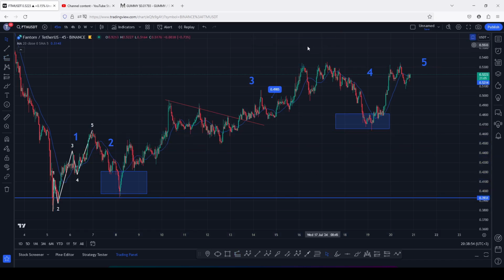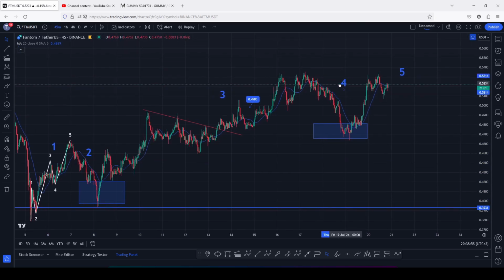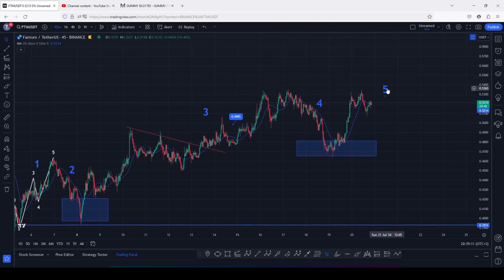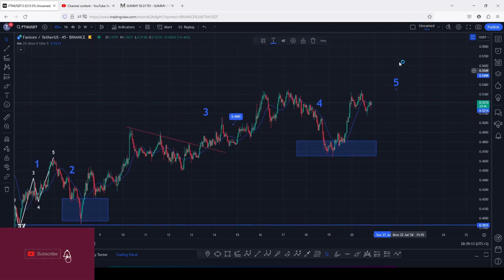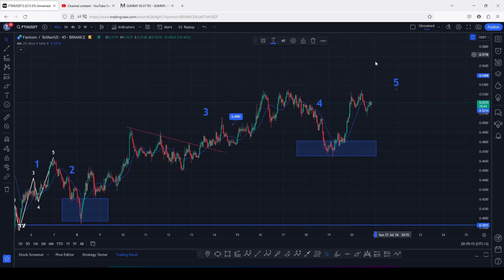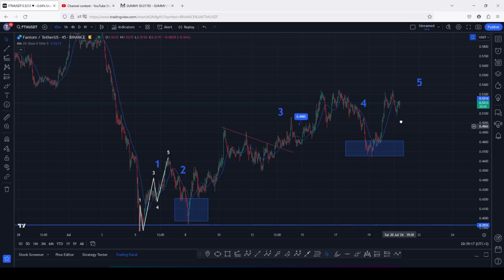And after we topped in that Elliot wave count 3 we saw a bit of a breakdown move in an Elliot wave count 4 into the minimum target areas for this fourth wave highlighted on the charts, and I now believe that we have now bottomed out in this Elliot wave count 4, and whatever is playing out at the moment is the start of an impulsive move in this Elliot wave count 5, and the minimum target areas for